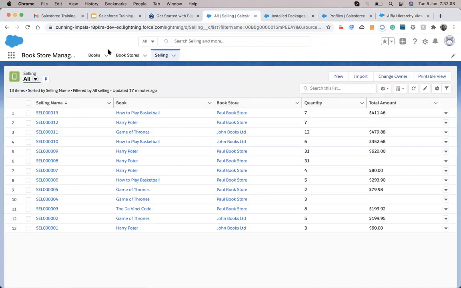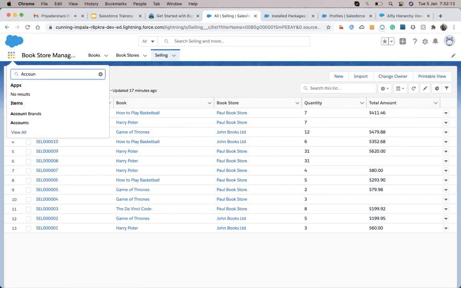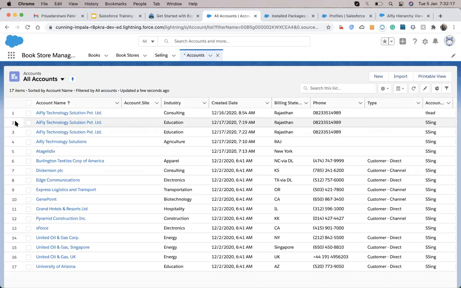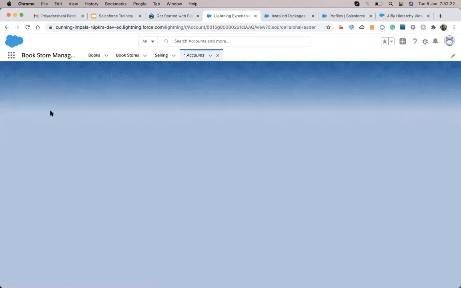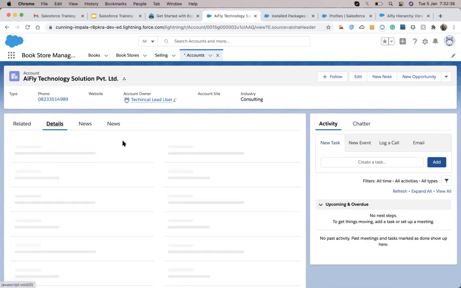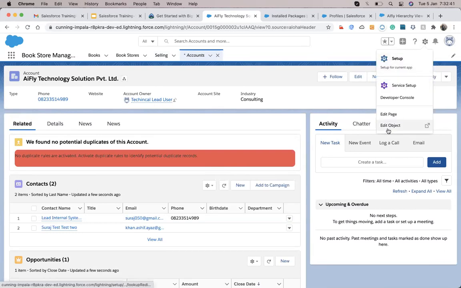So let me go to the page. Then let's edit the page.